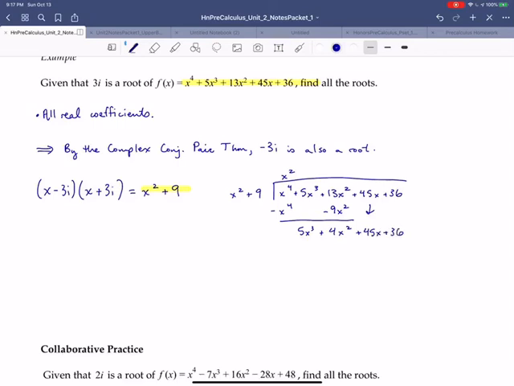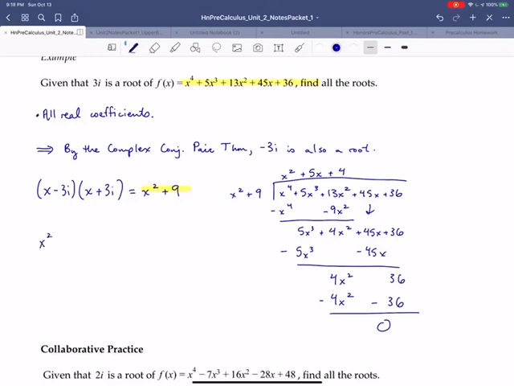And then the next term of my quotient is 5x. I multiply through and I get 5x cubed and 45x. I subtract off and I bring down 4x squared and 36. Then the final term of my quotient is 4. And I subtract off 4x squared and 36. So that leaves me with x squared plus 5x plus 4,